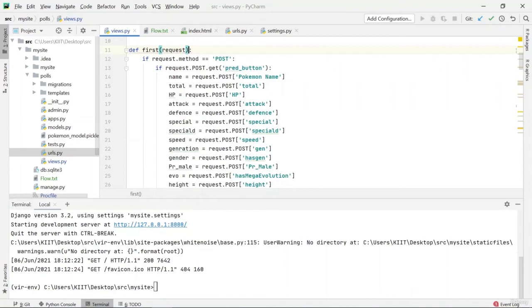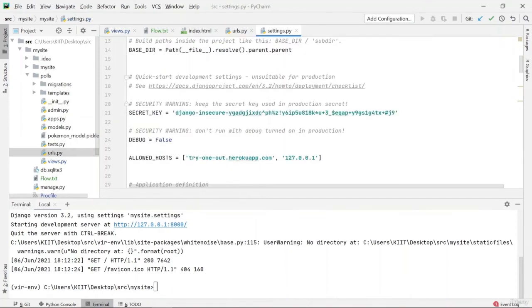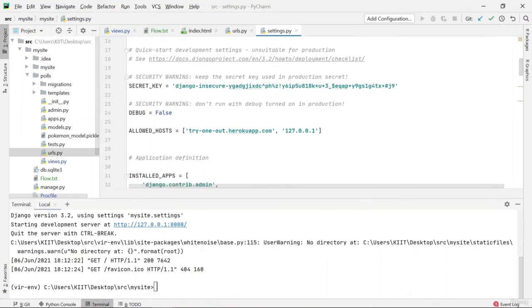So if you are able to understand what we are doing in views, let's just hop on to settings.py. Okay, so this is the settings.py file, and if you have just built a new project, you would see that this is an empty list, and you would see that there is a True here.